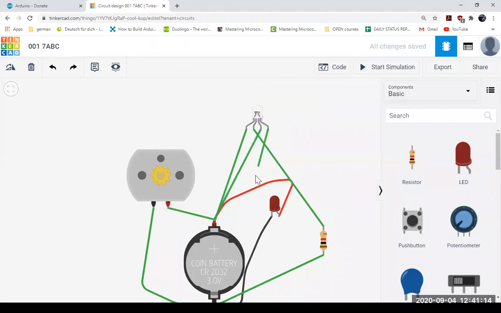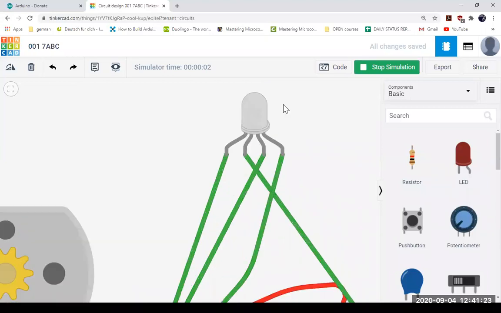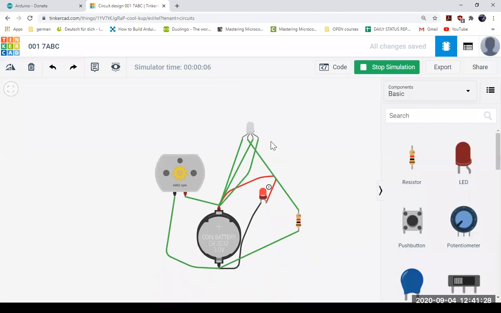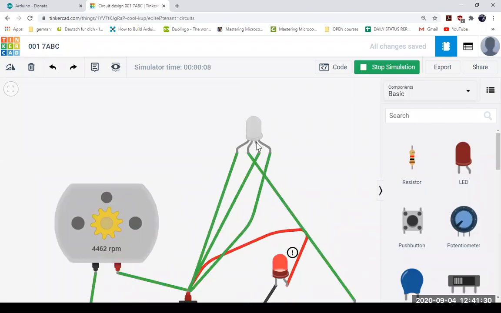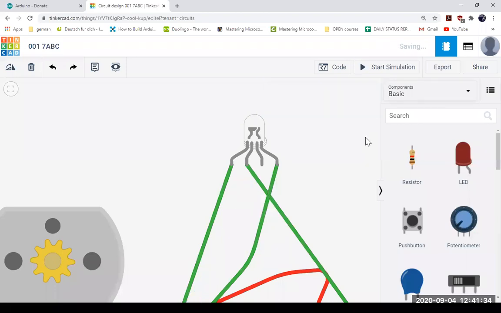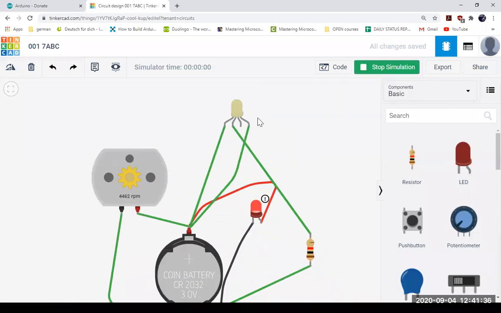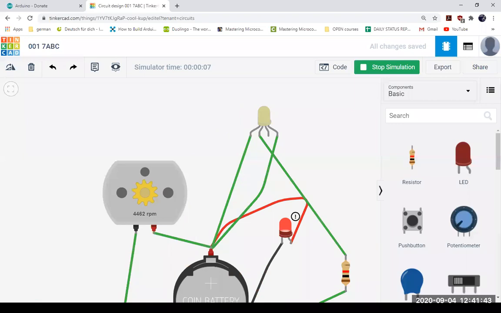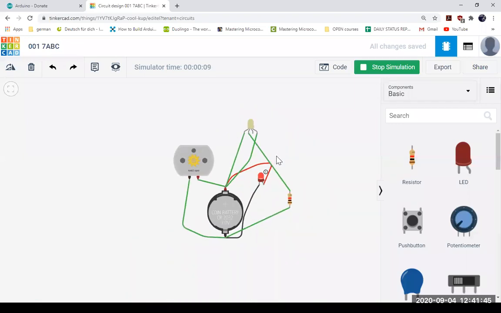Then if I use this also, it is giving me a white color, because if you mix red, green, and blue, you get white, right? If I delete this, it gives me a yellowish color because we are using red and green. So you can play around with all this stuff.